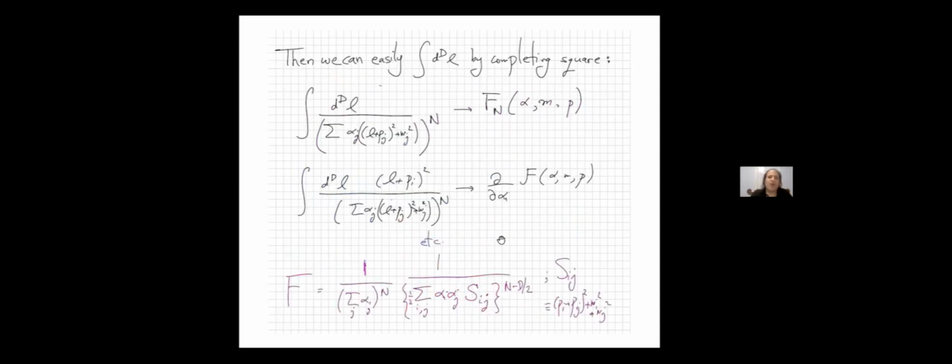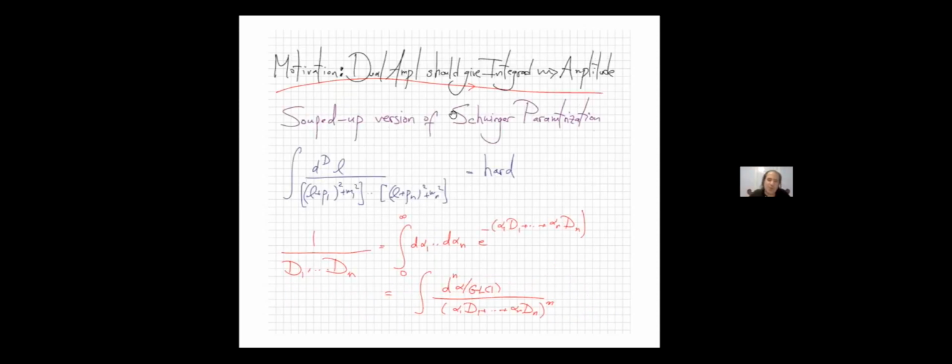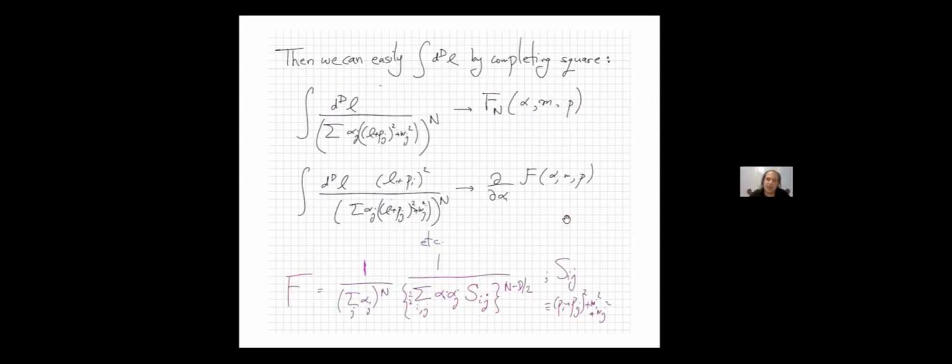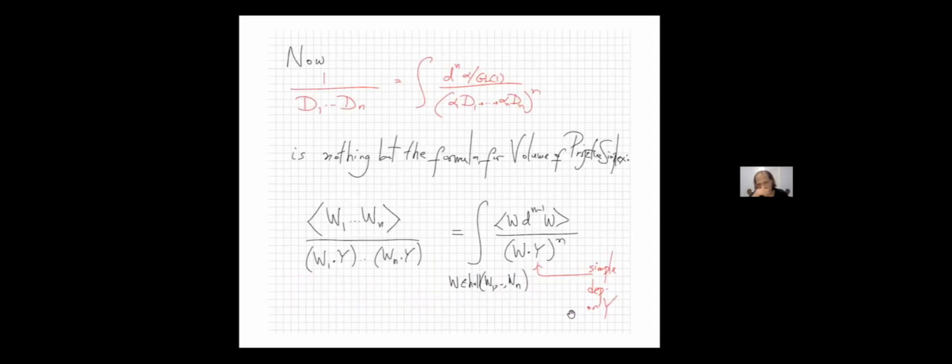That's what we teach. In this form, we can just do the loop integral by completing the square, which is equivalent to doing the Gaussian integral on the exponential Schwinger representation. And if we don't have any numerators, we get some expression like this. If we have numerators, we can just differentiate with respect to some of these alphas. And this basic object F we get from, at one loop, for example, completing the square. And okay, that's the standard thing. We're now no more loops up here because we integrated them out. We just get dependence on kinematic variables like this.